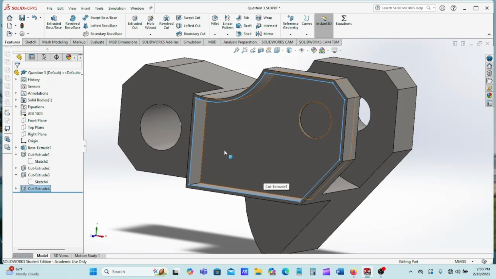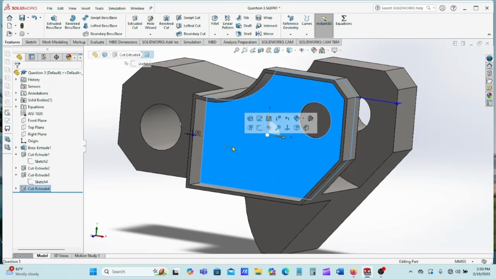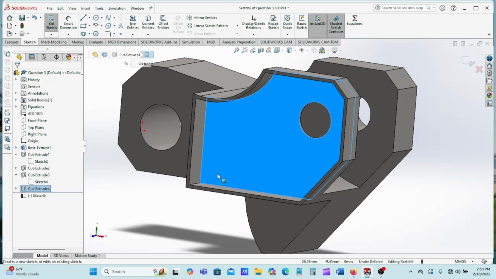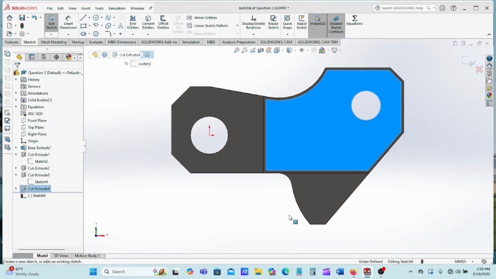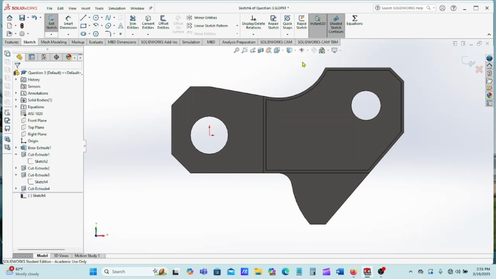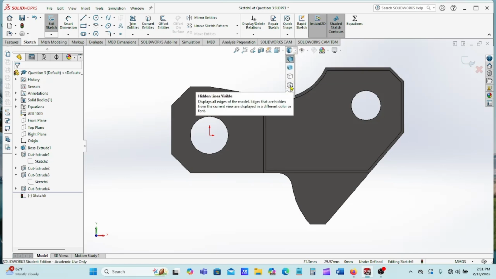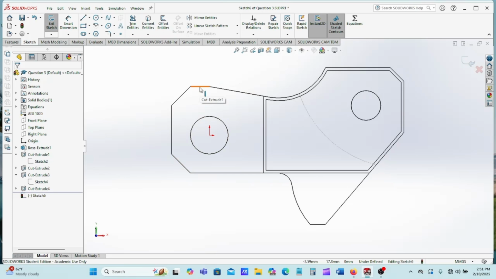I'm going to open up another sketch, and I'm going to click on this face right here. Then I'm going to open up a sketch. Then I'm going to hit my space bar. I'm going to make that view normal too. And then I'm just going to click off of that. Now, if you remember during class, I showed you how to make this show visible and hidden lines. So where it says display style, click the drop down and then come down to the fourth box down where it says hidden lines are visible and click on that. And it makes everything that's hidden visible, but not very well. You may not be able to see it very well on my computer because of that,